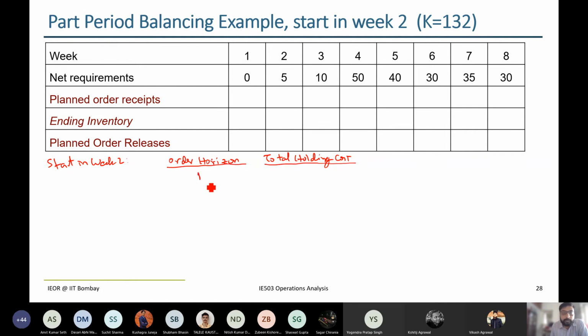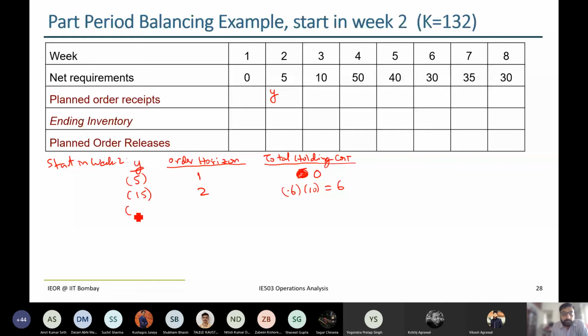Suppose order horizon is only for one period. That is, I produce in week 2 only to meet week 2's demand. That means I'm going to have a holding cost of 0. Right. So here again we'll take the pretty easier, we can continue to use the Y. Suppose I produce Y of 5 units, then 5 units is going to last just for that period only. That means there's no holding cost. Suppose order horizon is 2, that means I'm going to be producing 15 units. That means my holding cost comes out to be 0.6 into 10, which is 6.